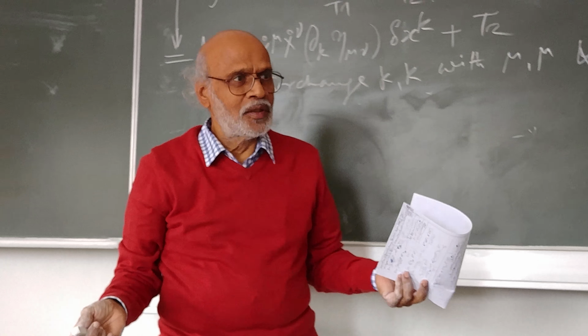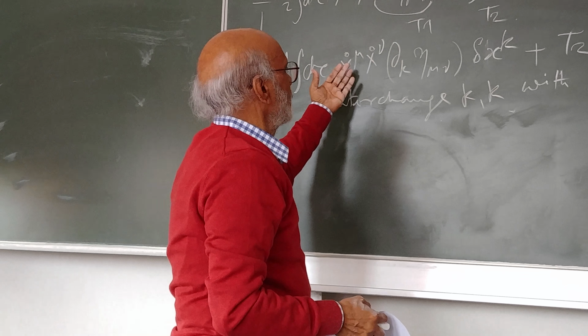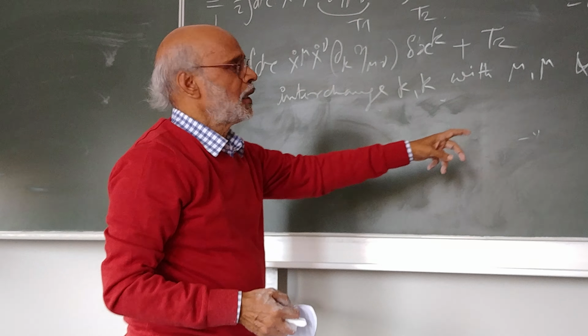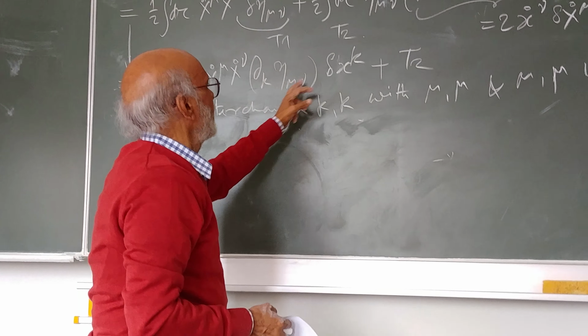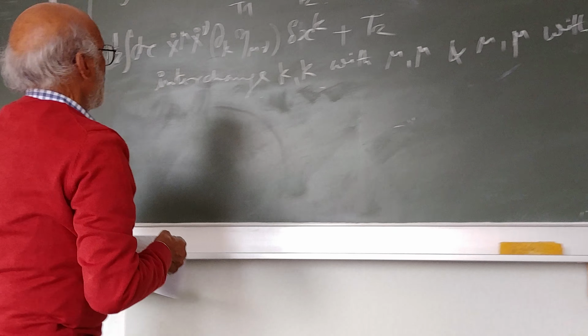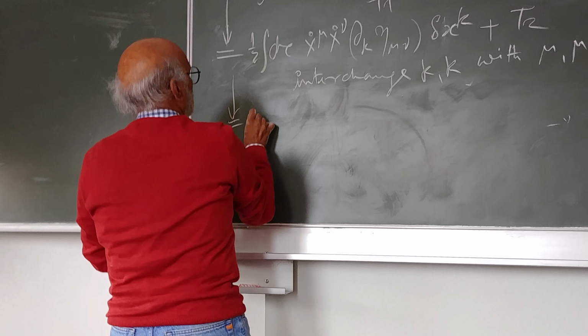Why can I do it? Because they are dummy indices. So I do it in two steps. First I replace mu by k, and I replace k by mu. Okay, so I can do that, and therefore this would be